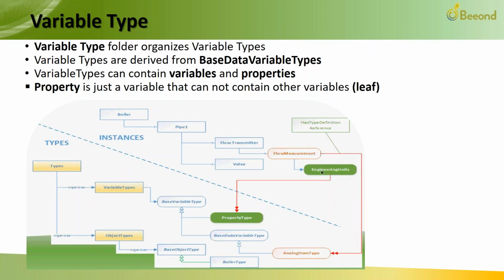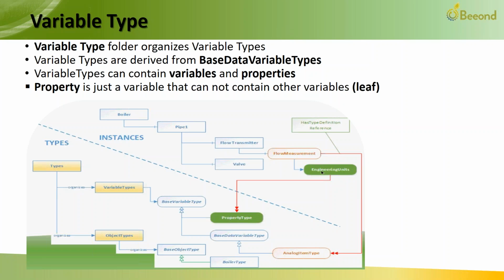And those variable types will have variables and properties. There's always a question, what's a variable, what's a property? Well, I would say by the book, a property is a variable that cannot contain other variables, so it's a